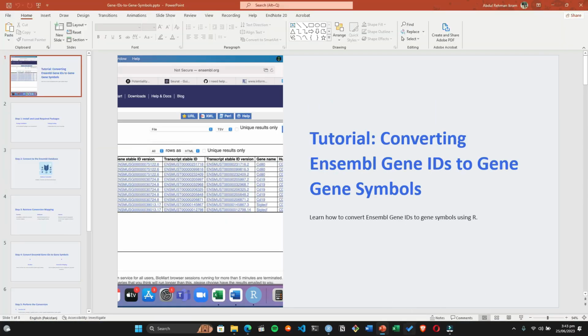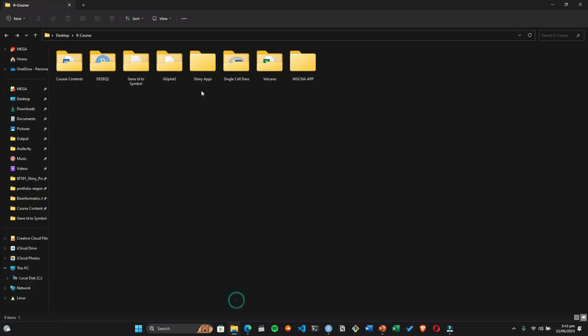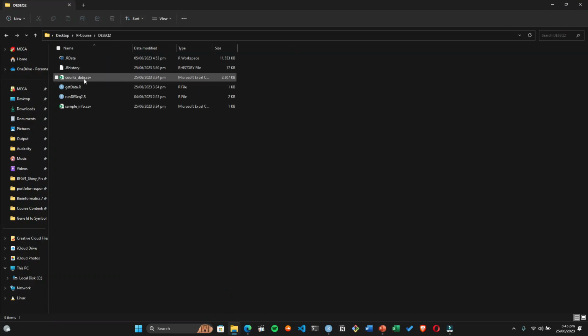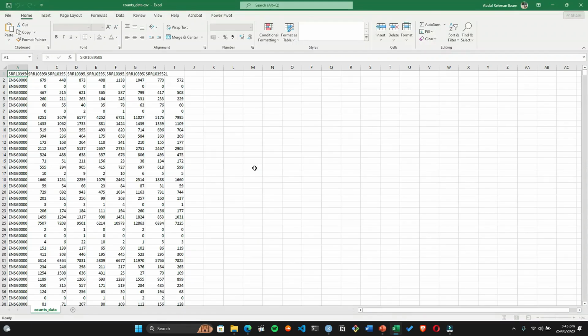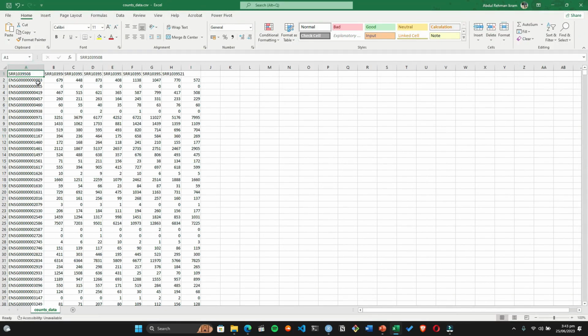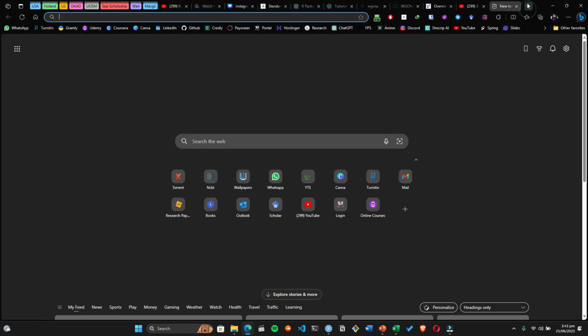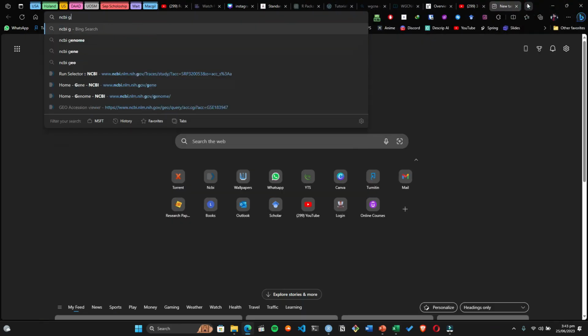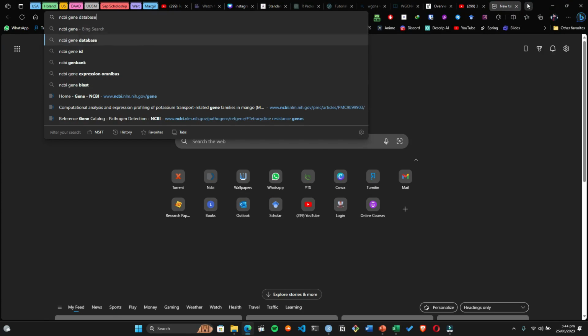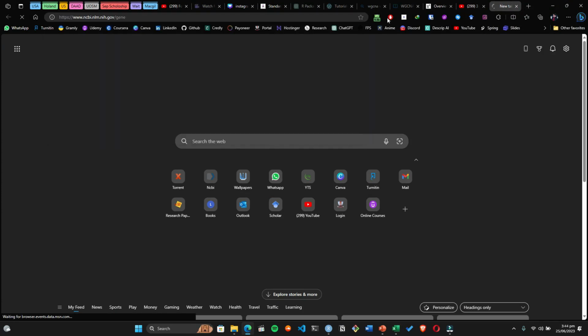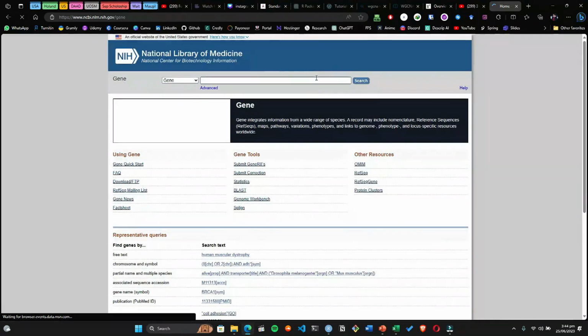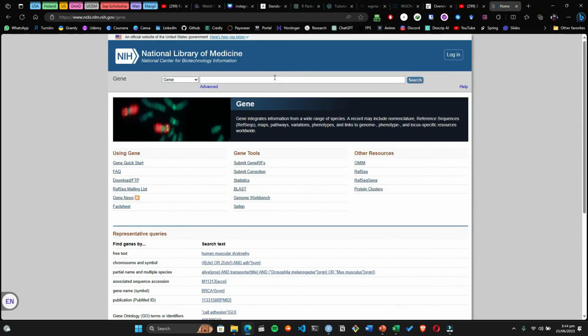First of all, I'm going to show you this by using the example from our previous DESeq2 code, where we get the counts data with Ensembl IDs. Here you can see the Ensembl IDs are given. Meanwhile, if we don't have the gene name, for example, if we go to the NCBI gene database and then search for the HLA-B gene of human,